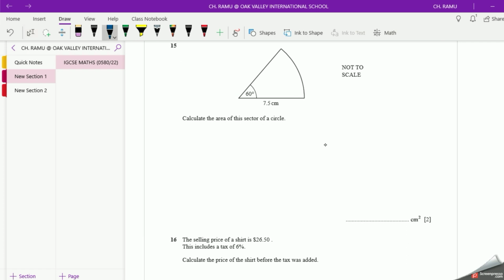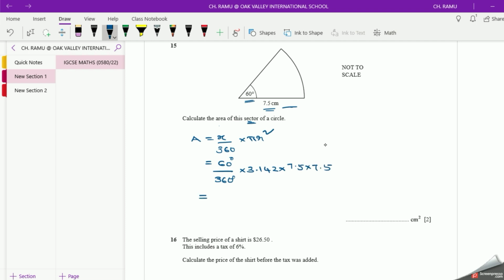So clearly the figure is a sector. It is mentioned very clearly that it is a sector. Calculate the area of the sector. He has given an angle and the radius. Then area of sector is equal to x by 360 into pi r square. So now x value 60 degrees by 360 degrees, pi value is already mentioned in the question paper 3.142, radius is 7.5, that is 7.5 into 7.5.